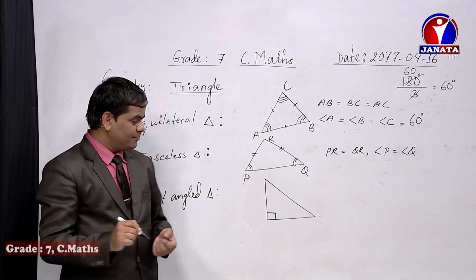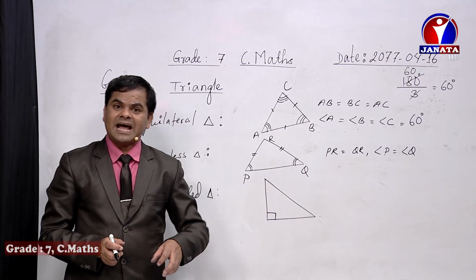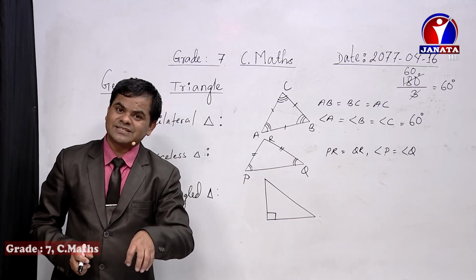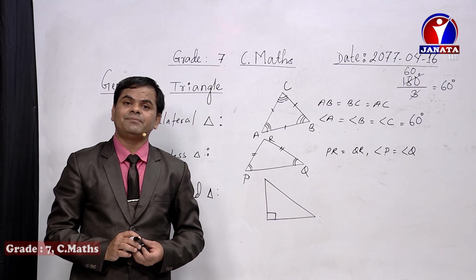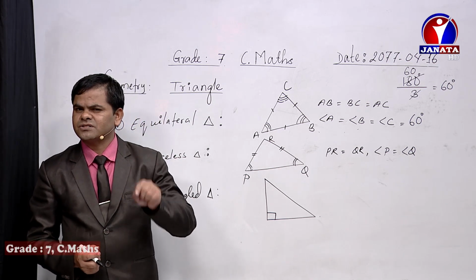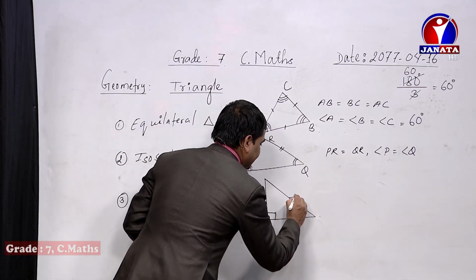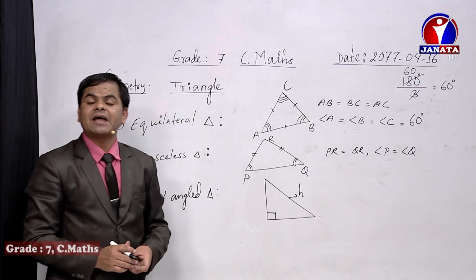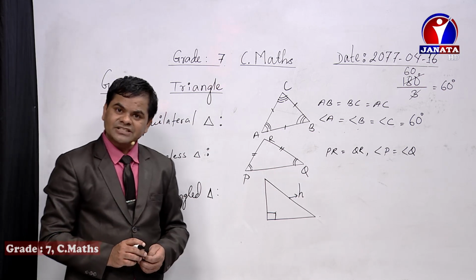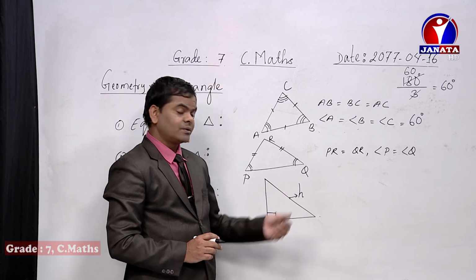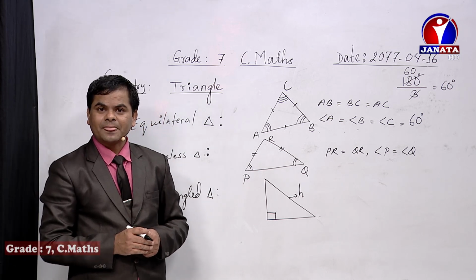In a right angle triangle all the three sides have different names: perpendicular, base and hypotenuse. The hypotenuse, dear students, is just opposite to the 90 degree sign. It means this one is hypotenuse. We write hypotenuse as H because the first letter of hypotenuse is H. Now can you identify which one will be perpendicular and base?